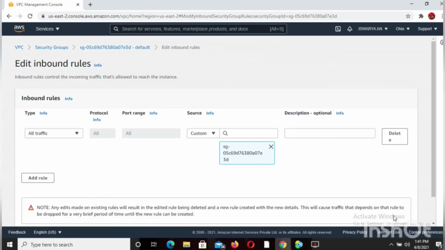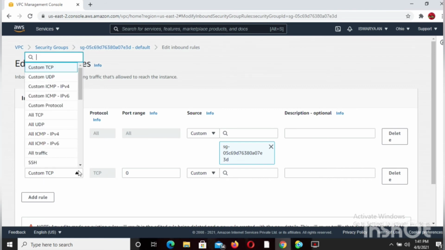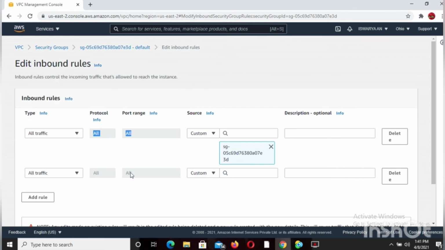On that page, we are going to add a rule and give all traffic as custom TCP. And then give the source as my IP.